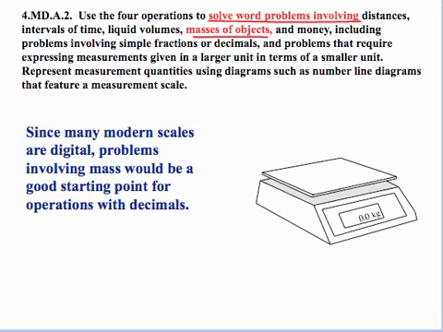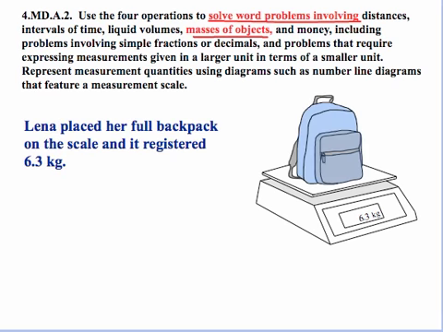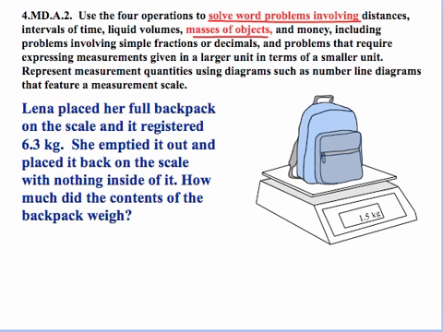Now let's look at an example using masses of objects. Since modern scales are digital, problems involving mass would be a good starting point for operations with decimals. Let's say Lena placed her full backpack on the scale and it registered 6.3 kilograms. Then Lena emptied it out and placed it back on the scale with nothing inside of it. How much did the contents of the backpack weigh? Well, logic dictates, full it weighed 6.3, and now looking at our scale, empty it weighs 1.5 kilograms. So if we take the difference of the two, wait a minute,